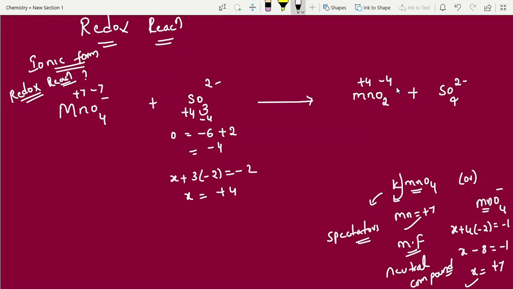You can go the same way, -4, +4. This is a neutral molecule, no problem. Here you can apply this trick. Oxygen, what is this? 4 2s are 8. -8 plus 2, then you will get -6. This is -6 oxygen, so this is definitely +6. Right? So now come back to this one.